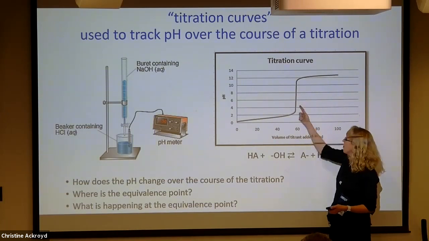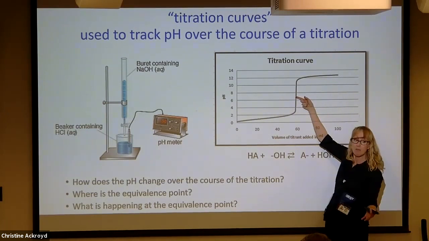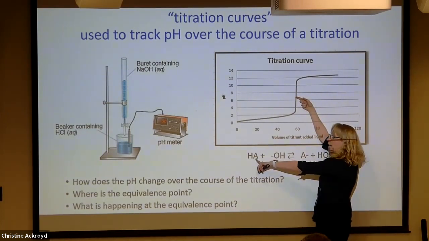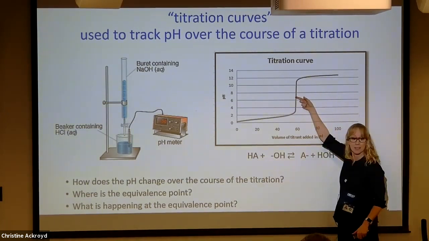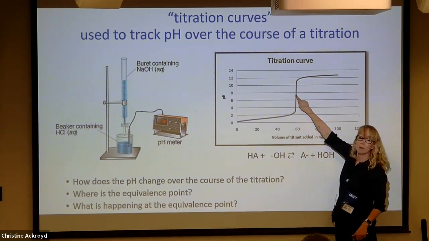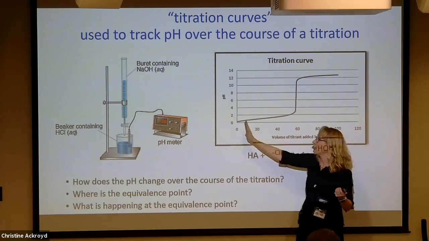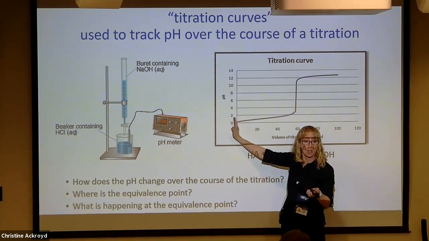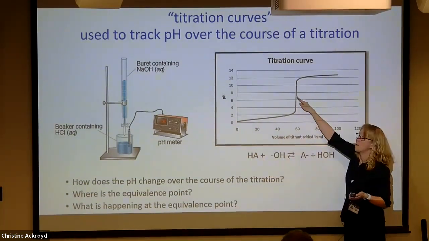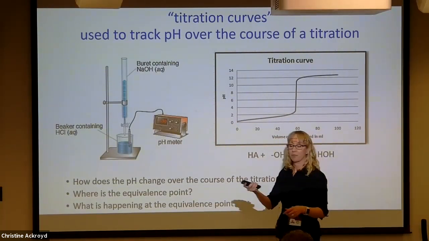That represents the volume of sodium hydroxide at which we've added enough moles of hydroxide to react with all of the starting acid. So that point there represents the volume where we have 100% conversion of our starting material acid to the conjugate base. So we start here, and in the sample we have all HA. At the midpoint, or at the end point, we have only A- left. Okay.